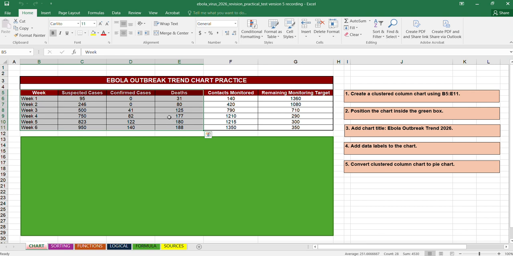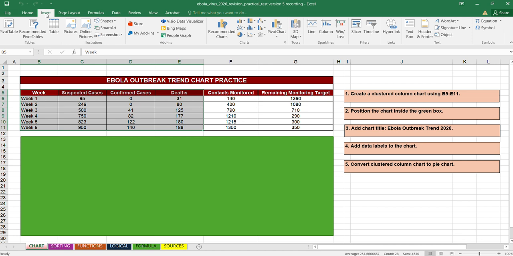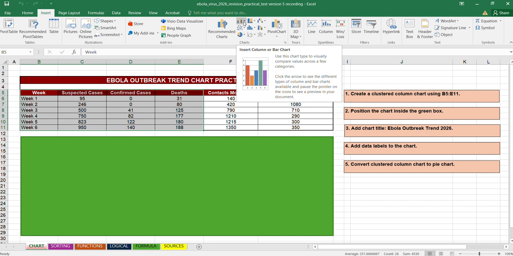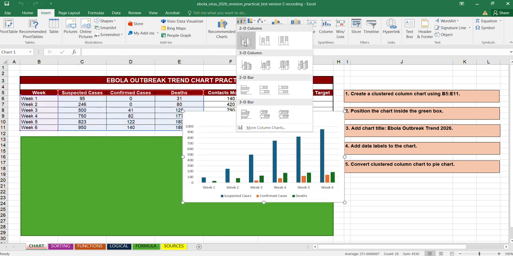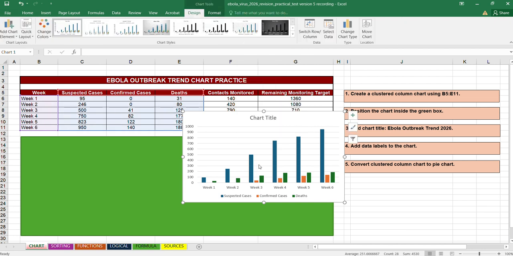And then after that, from the upper portion of your screen, you will see here Insert tab. So click this. And then from there, you look for charts. Okay, so this is our charts. And then select this chart. Okay, so insert column or bar chart. So click the arrow down and then select the first one. So this is our clustered column. So click this. Okay, so this is task number 1.